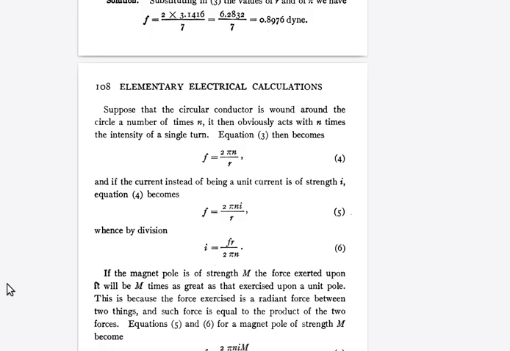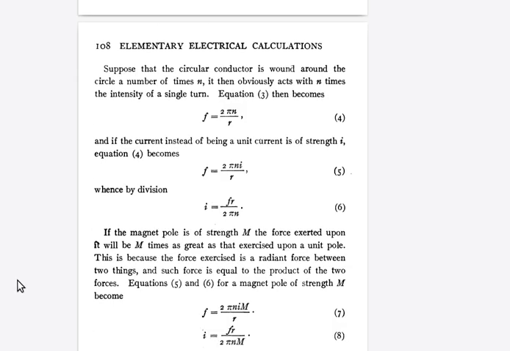Now, if the current, instead of being unit current, is some current of strength I, the equation becomes F equals 2 pi n I over r. This is equation 5. Solving for I gives I equals Fr over 2 pi n. That is equation 6. Now finally, if the magnet pole has strength M, then the force will be M times